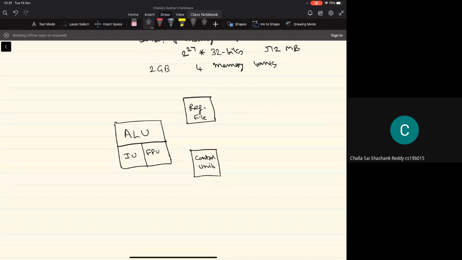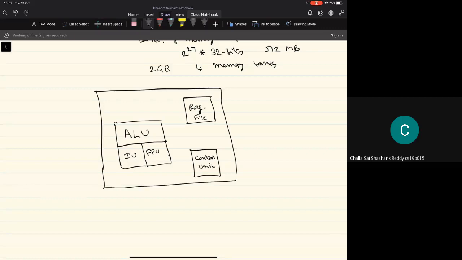There will be a unit called the control unit, which will coordinate the sequence of operations that need to be carried out in the execution of a program on the CPU. And all these three units put together is what is referred to as the central processing unit,